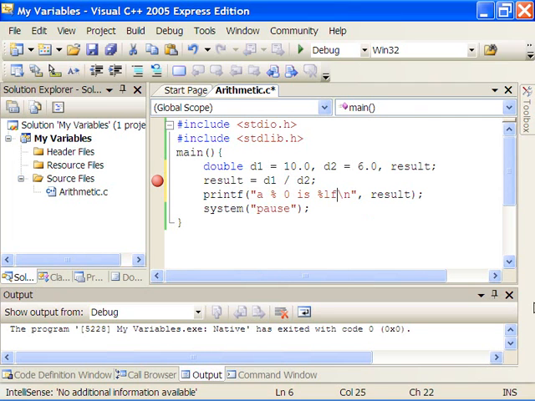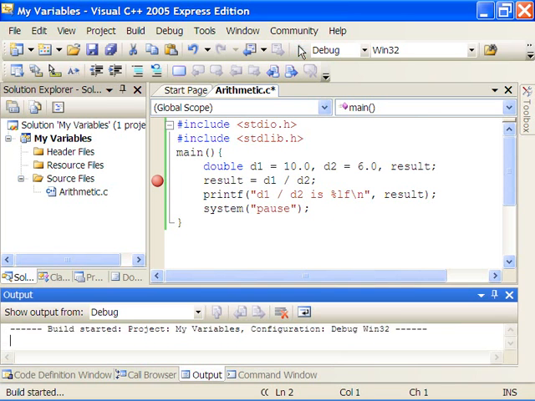So %LF, the result variable, is now a double, and D1 and D2 are doubles. And let's say D1 divided by D2, and we're going to divide 10 by 6. I'm going to turn that breakpoint off. No, let's leave it turned on. And we'll run to the breakpoint,